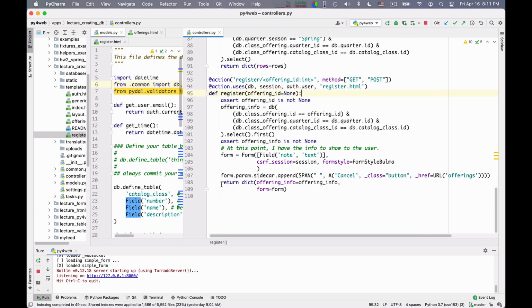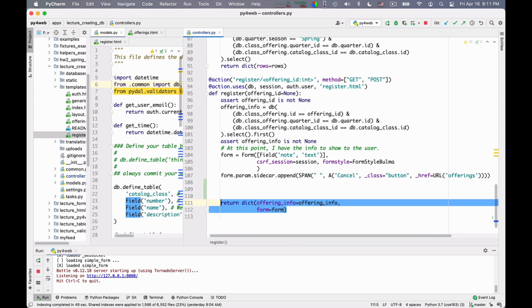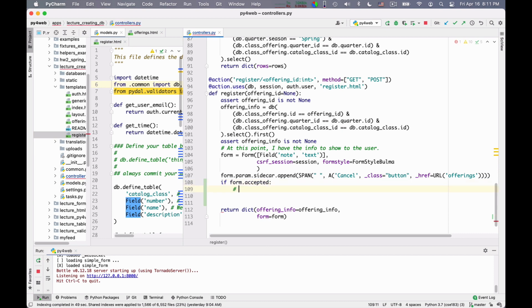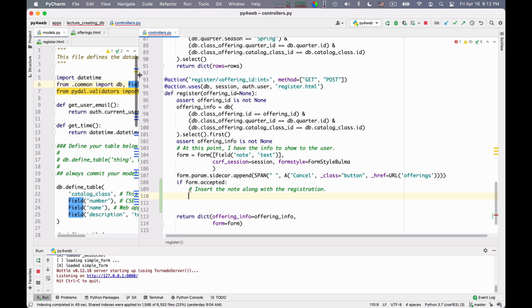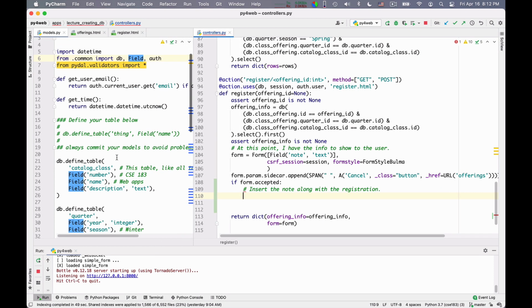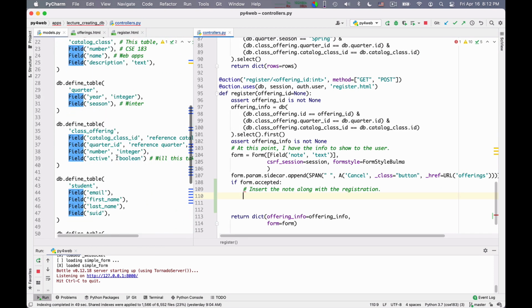Here I create the form, and here I will do if form.accepted. Okay, insert the note along with the registration. Okay, so I have to essentially create a new entry in this registration table.